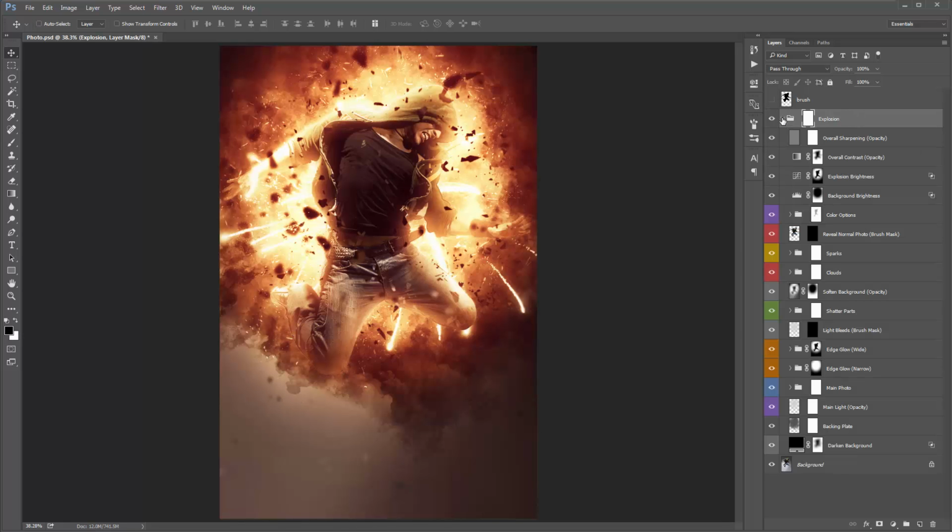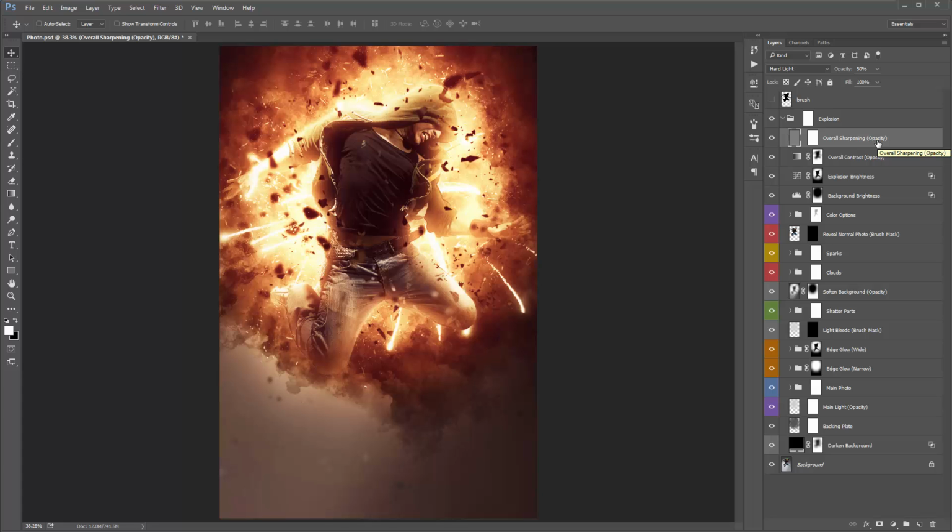Okay, so I'll start from the top. I'll just go down from the top to the bottom, talk about all the layers. So this top one here, it just adds a little bit of fine sharpening over your design. Okay, and any layer that I've got where it's got brackets opacity, I'm basically telling you to experiment with that